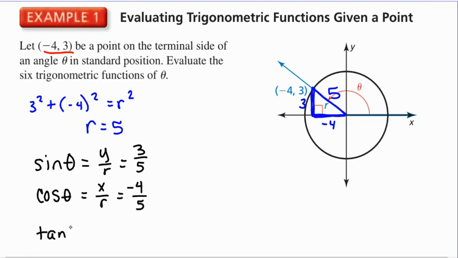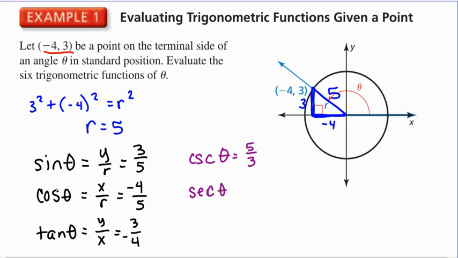And tangent of theta, being y over x, is going to be 3 over negative 4. Okay, and then to finish your 6 trig functions, you've got the cosecant of theta, which is the reciprocal of sine, right? So that's going to be the reciprocal of 3 over 5, which is 5 over 3. Then you've got the secant of theta. Secant is the reciprocal of cosine, so that's going to be the reciprocal of negative 4 over 5, which is